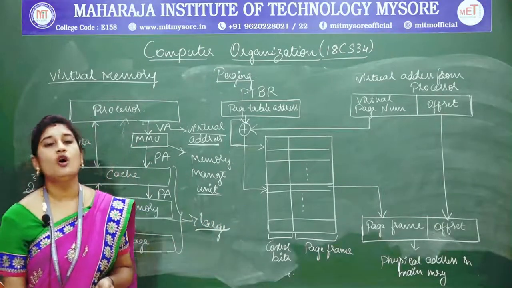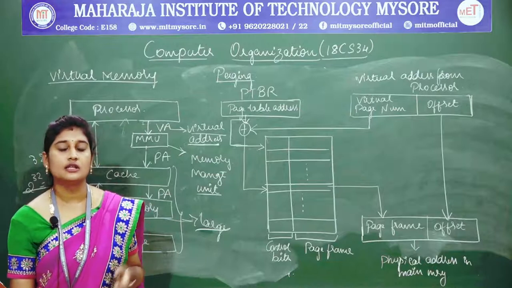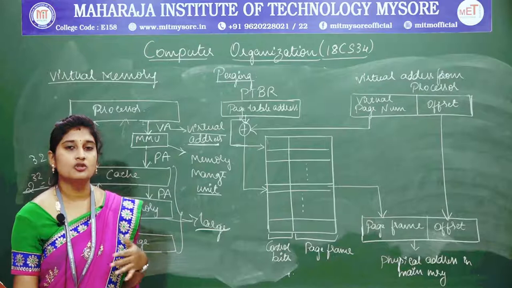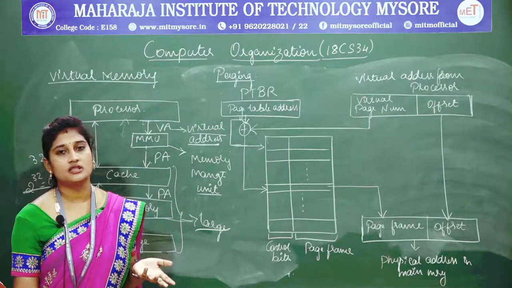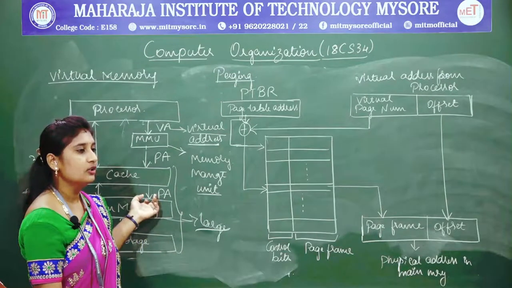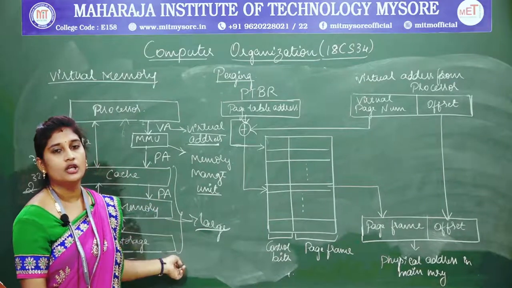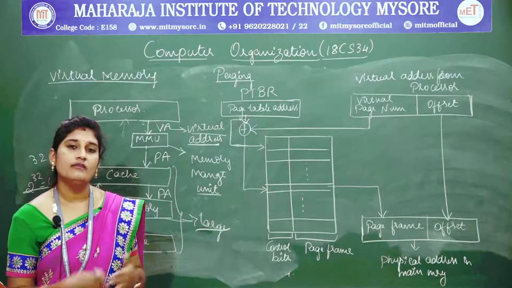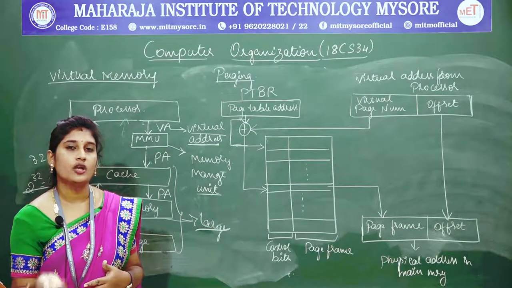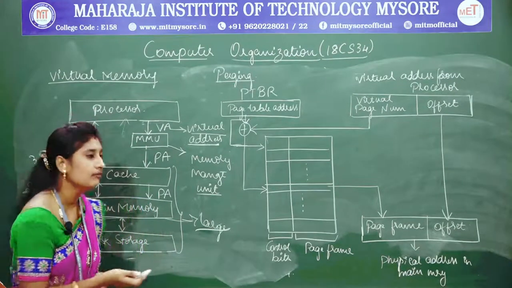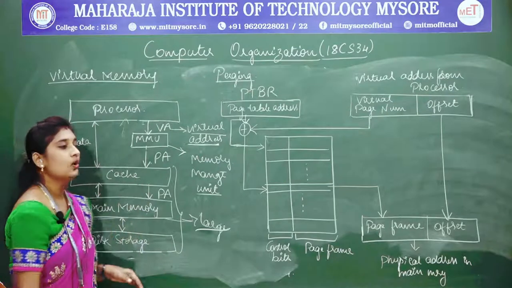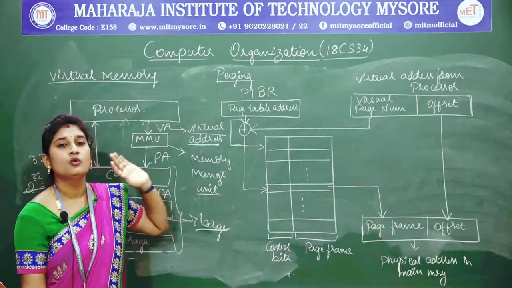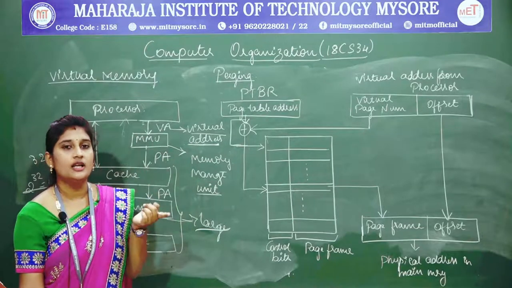So from the perspective of the memory system, you need not worry about the physical space, so that any n number of instructions can be stored either in your cache or in your main memory, or with respect to your secondary storage. So whenever the data is needed, you can access it from any of these memories. The address which is first sent by the processor is called the virtual address.